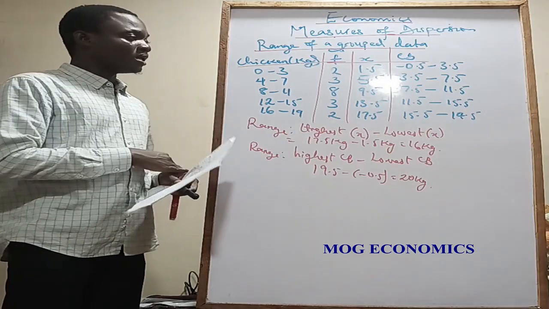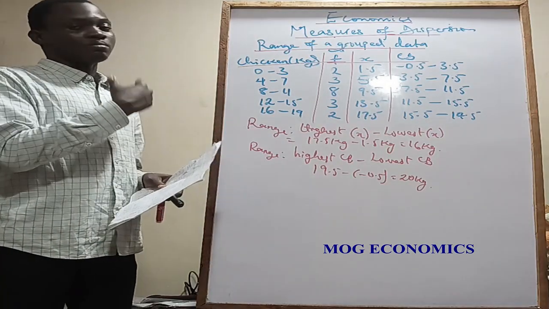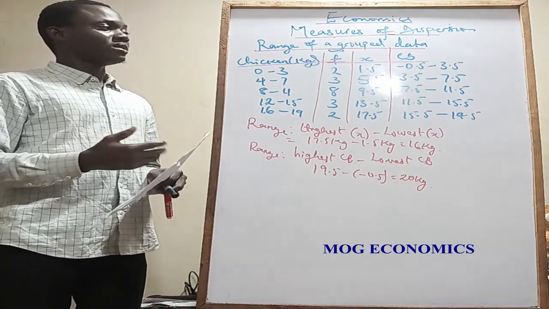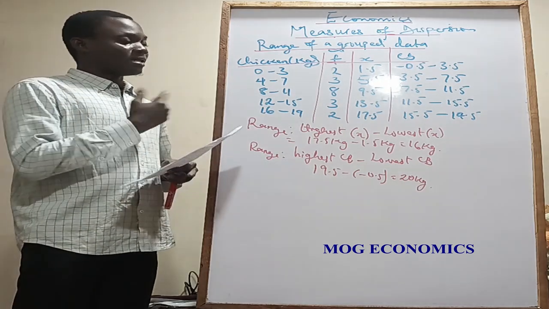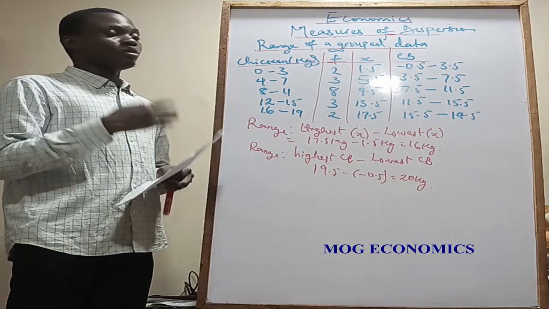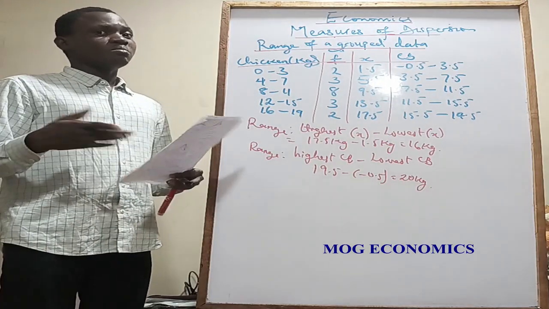So these are the two ways that we can calculate the range of a grouped data set. If it's on ungrouped data, I just find the highest number, subtract the lowest number from it, and that's that about range. So once we start talking about the mean deviation,